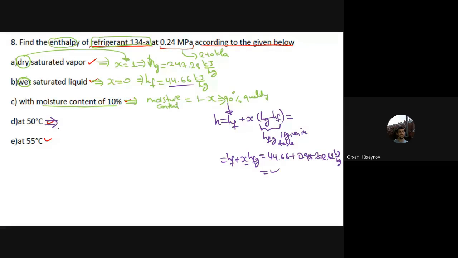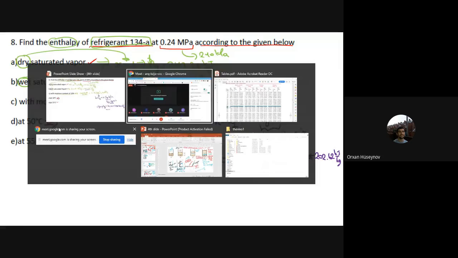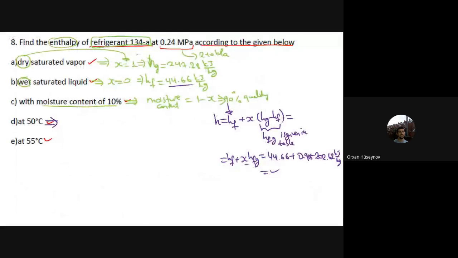So the next one will be 50 degrees Celsius. For 50 degrees Celsius, you will have the enthalpy of the refrigerant. The pressure is the same. You have the pressure at 240 kilopascals, but the temperature is different now. The temperature is 50 degrees